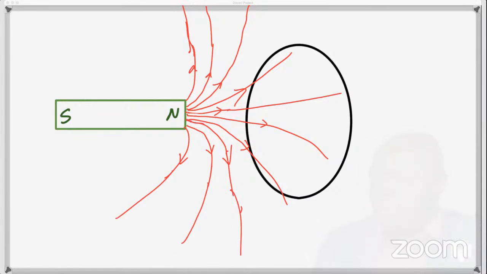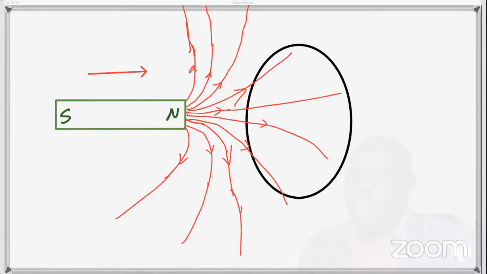Now, if suddenly you pushed this magnet towards the conductor, what will happen to the number of lines that penetrate the plane of the conductor? Will it increase or will it decrease?